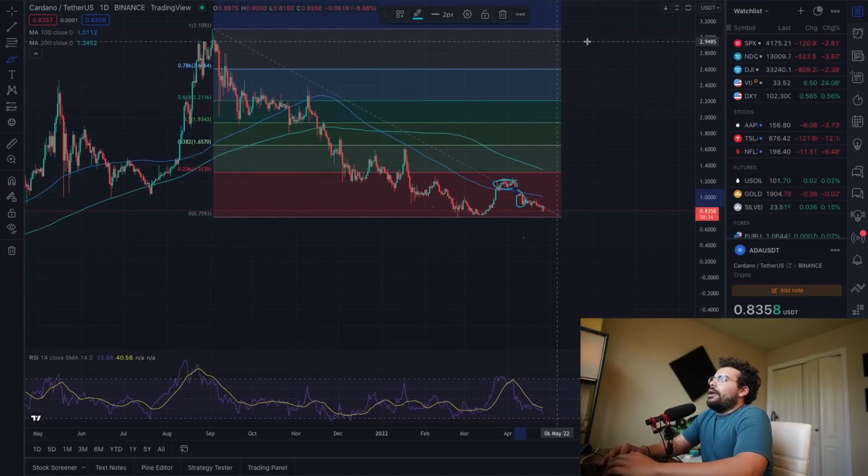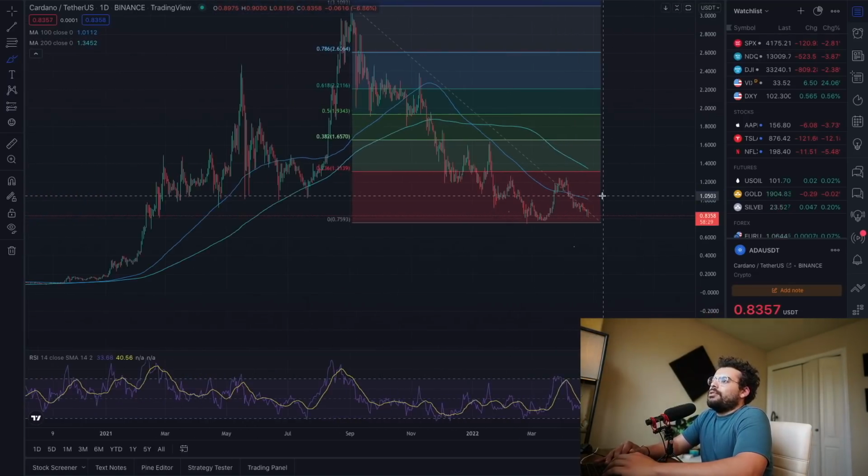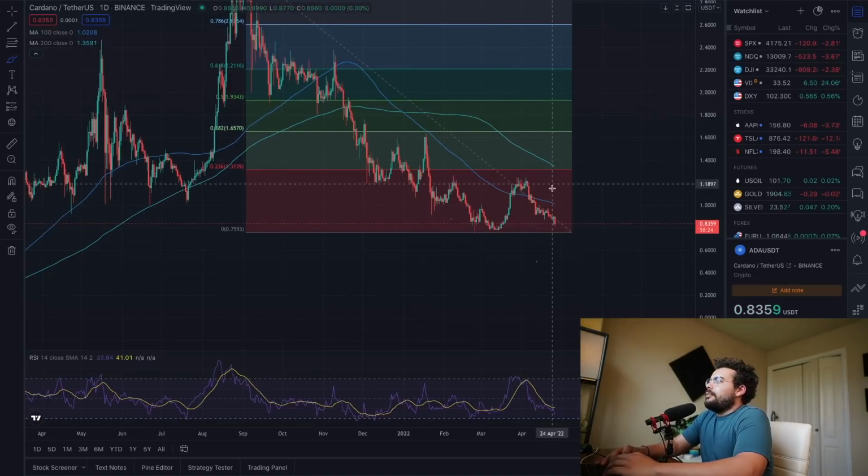And what my theory is here, at least super short term, is if we don't hold that larger trend line that I indicated back here around 80 cents, we're likely falling down to 75 cents. And if we do not hold that, we could see price discovery in the downward direction,